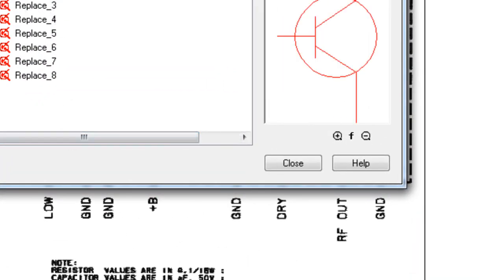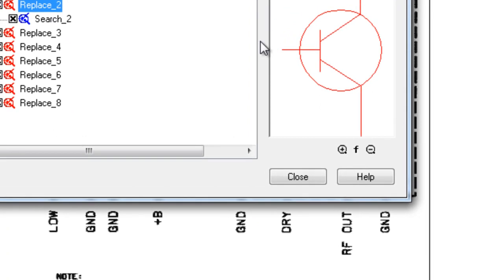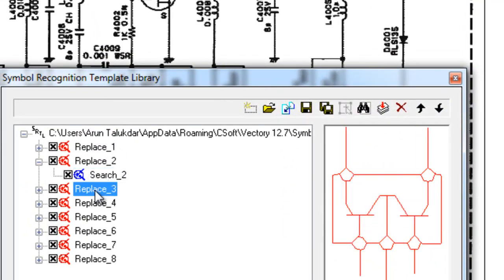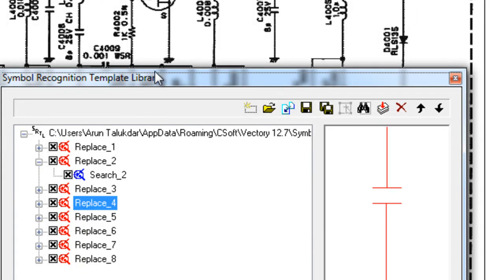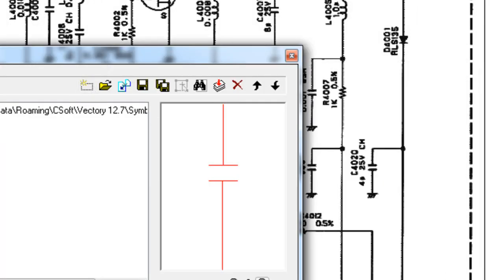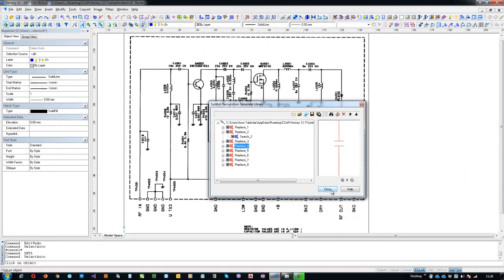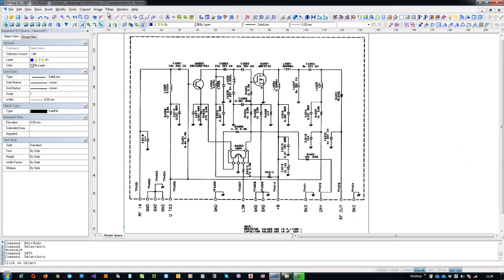So I have a library, symbol conversions library, recognitions library. These little options will allow you to recognize the symbols and make a library, and that will actually be used in the